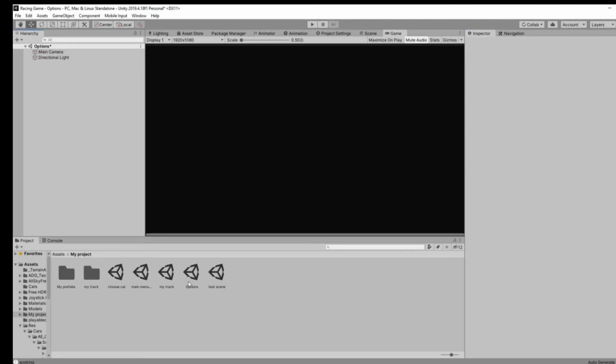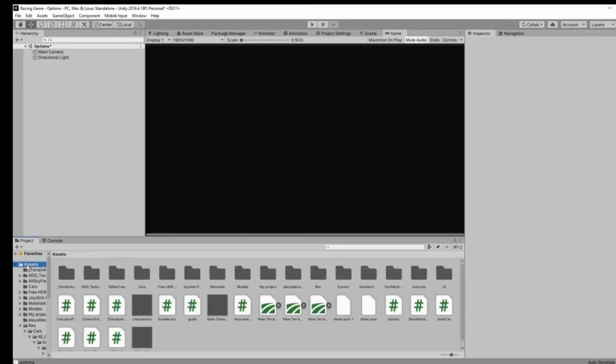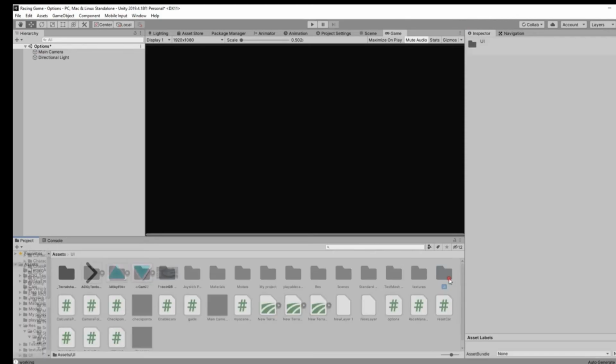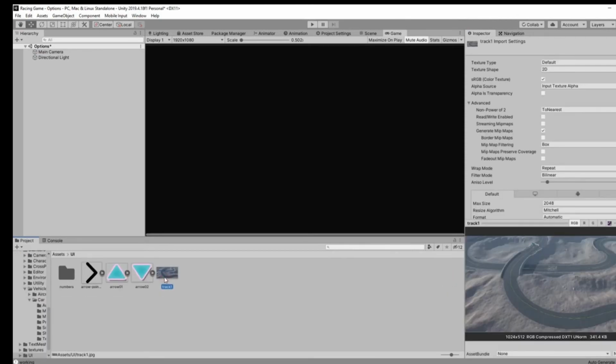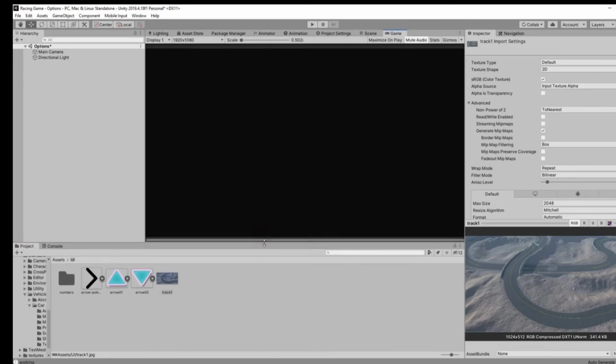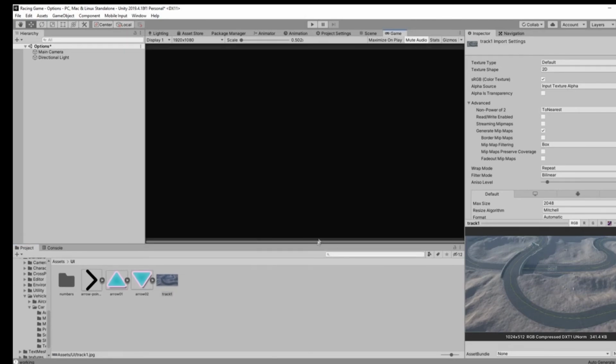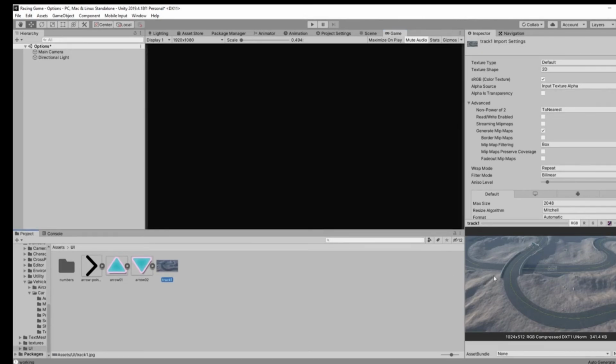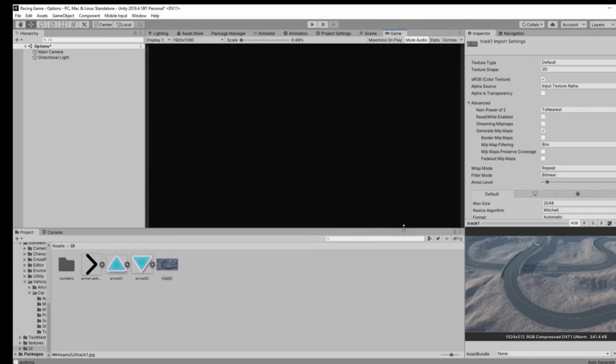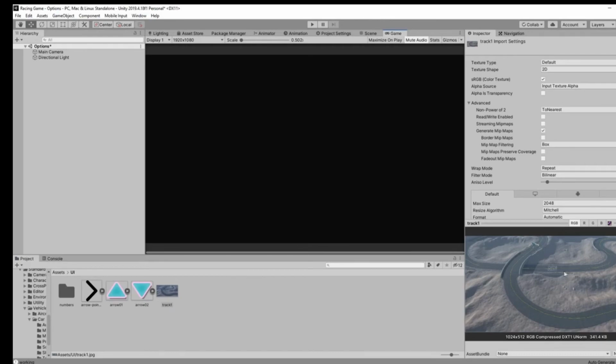Now I will use the same buttons, and also I have brought a track image. This is the image and this is the track which we are currently using. Later we will bring the images of the tracks which we will use. There will be three tracks we will be using. So this is the image for the first track. For now I will use only this one image,